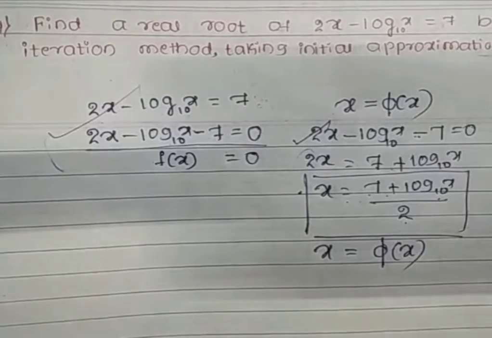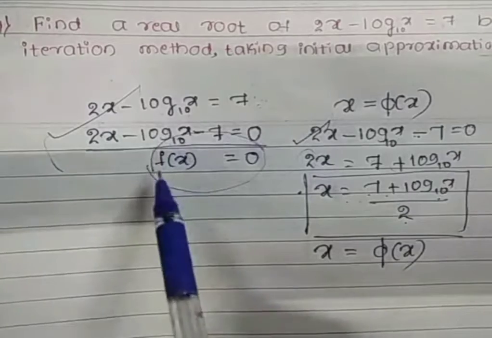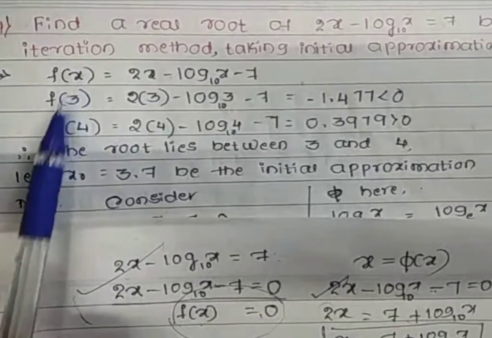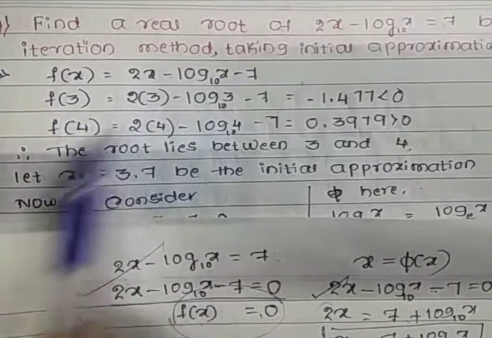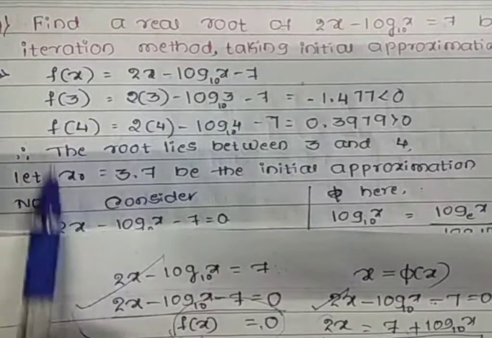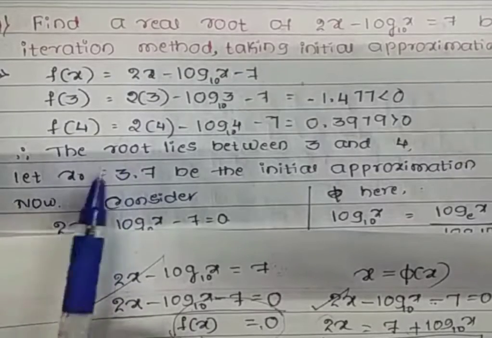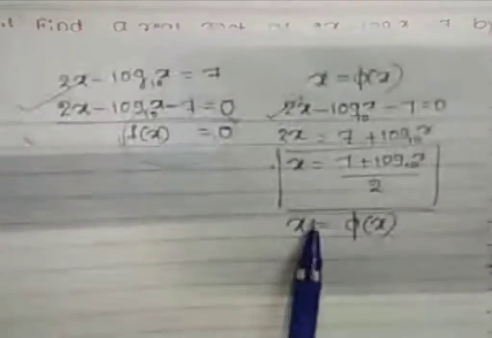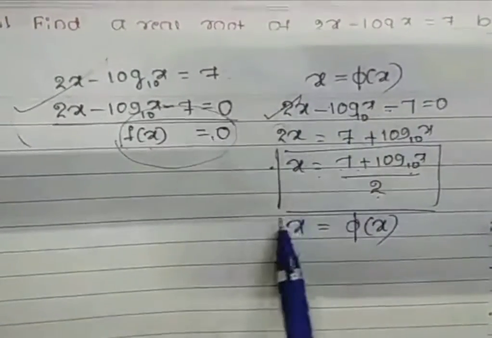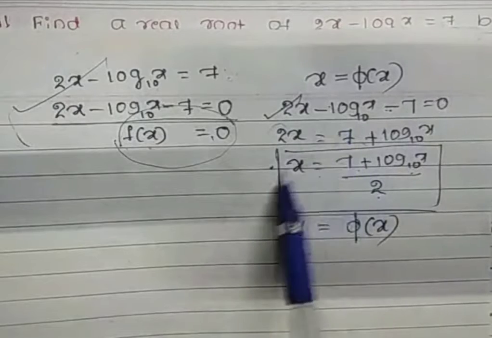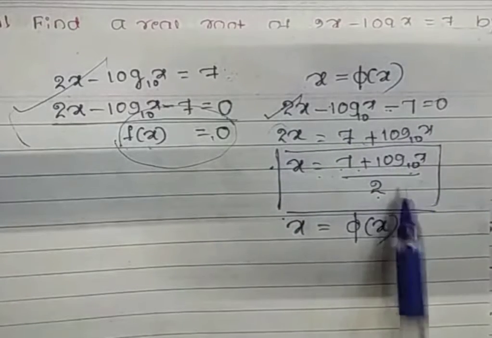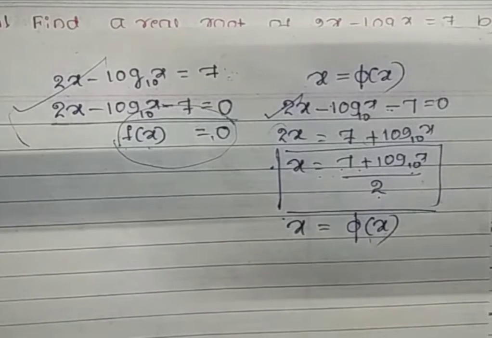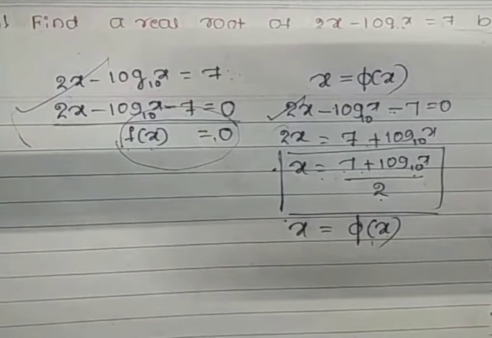See, this is the given equation. First we have expressed it in the form of f of x is equal to 0. Based on that we have written the given terms. Then f of 3 calculation, f of 4 calculation, and writing the x naught value. So after all this, next we have to consider again the given equation as it is, and with the help of this we have to express the equation in terms of x is equal to, and this will be our phi of x. Once we get phi of x, next concept is calculation of its derivative.